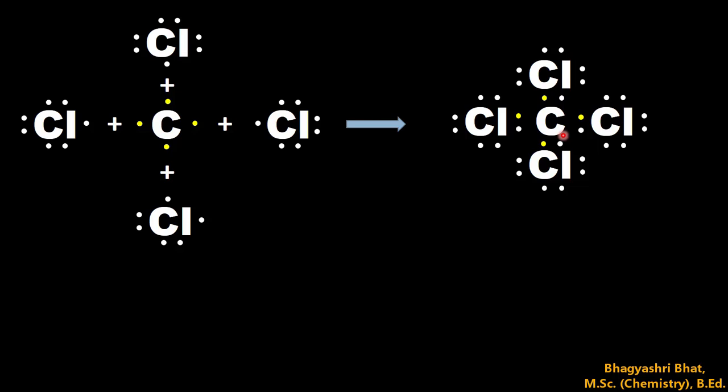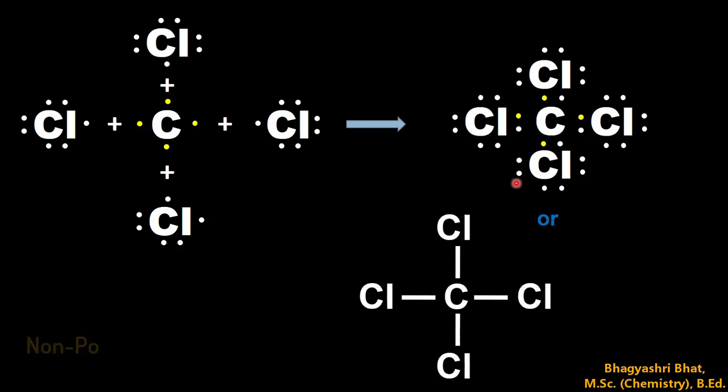This is a covalent compound. If you take any two atoms, C and Cl, there is a charge separation. The Cl is partially negative, carbon is partially positive. So it's a covalent compound. But when we take the entire CCl4 compound, since the effect of electronegativity is nullified overall, it is a non-polar covalent compound.